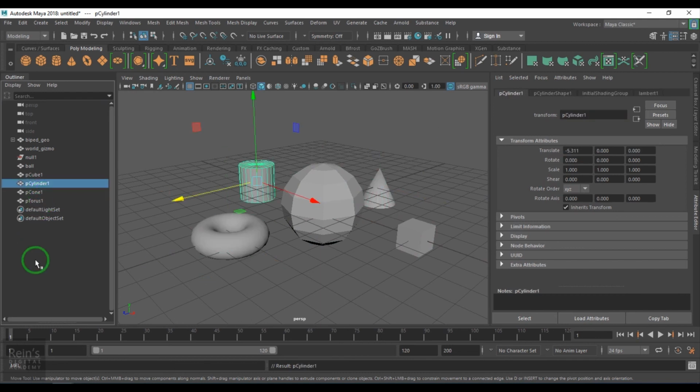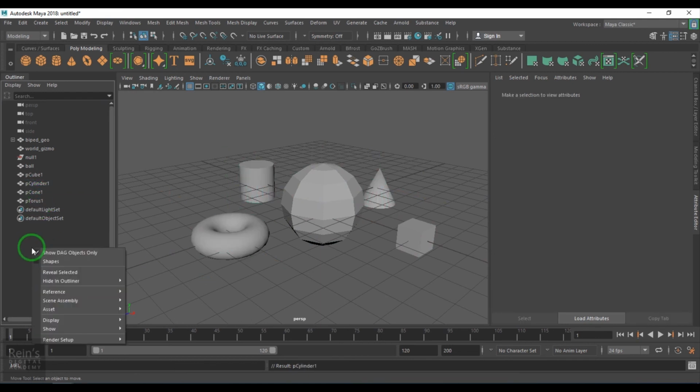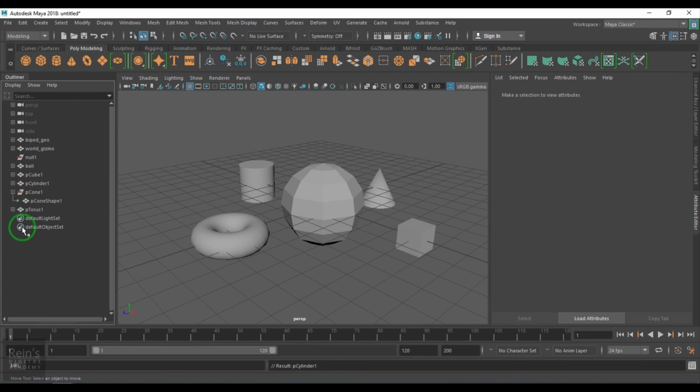Now if I right click in the Outliner, there is an option called Show Shapes. Then I can expand this object further. There is a plus, and when I expand it, you're seeing two objects here. As I said, ball is a transform node and ballShape is a shape node.